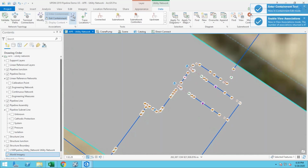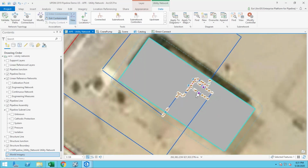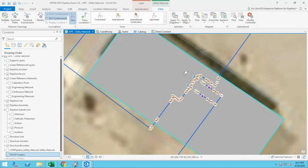Now, these are not in the linear referencing system. So I was able to draw these pipes with footage and connectivity inside of the station without having to create a false route or create station values. This is all sitting in the pipe layer, but off of the linear referencing system. And so where did this information come from? Well,